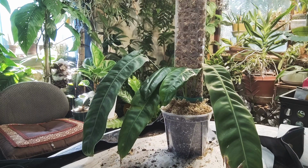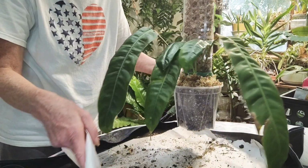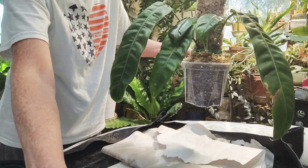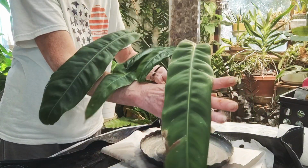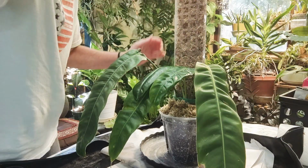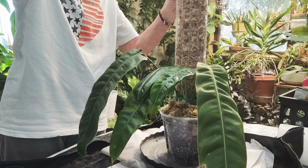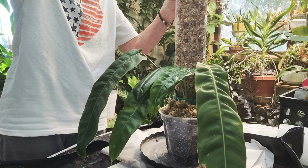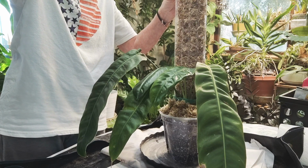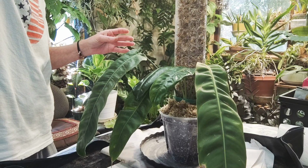And just let, because the plant itself that I just took it out of, I watered her a couple of days ago. So the plant itself doesn't really need water, but I want to get this moss pole wet. So I'm just going to slowly, the moss is pretty dry. I probably should have took it in and wet it really good before